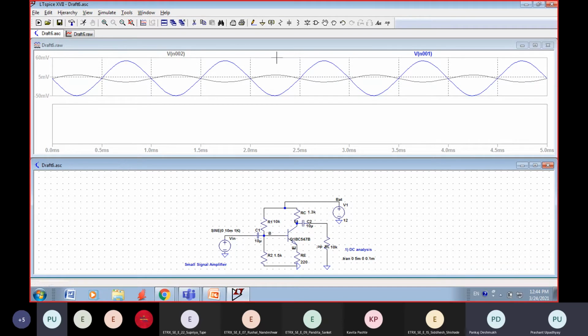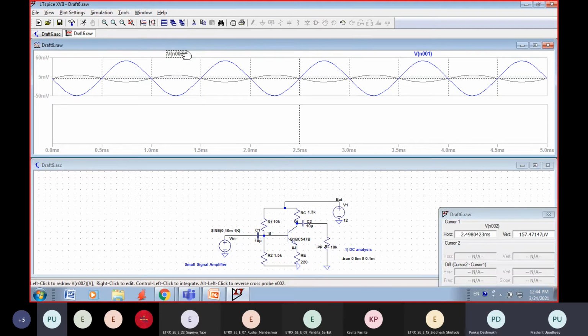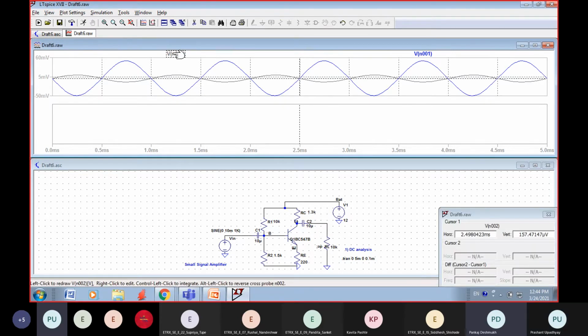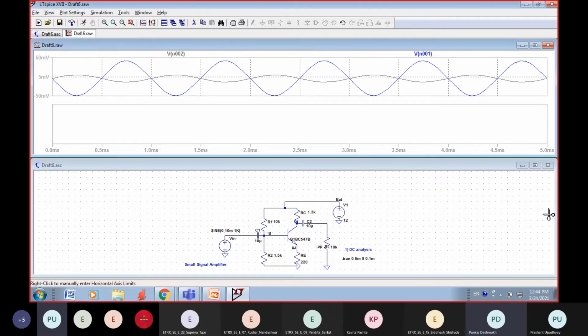What I'll do is I will just remove the output here from here. I will take a scissor and just remove it. Yeah, so I have removed it.